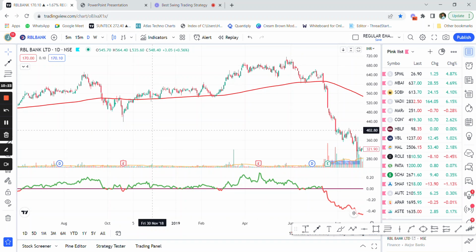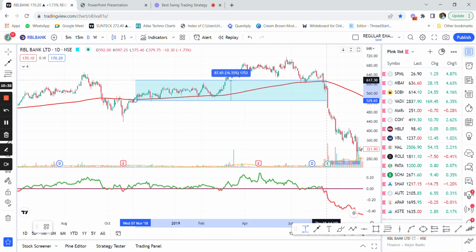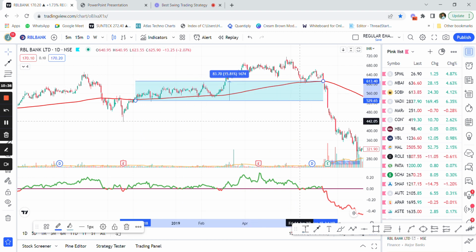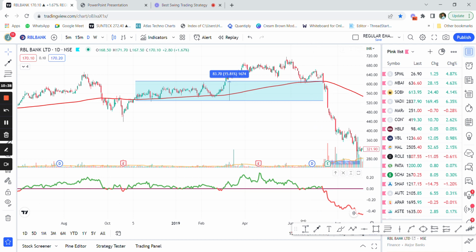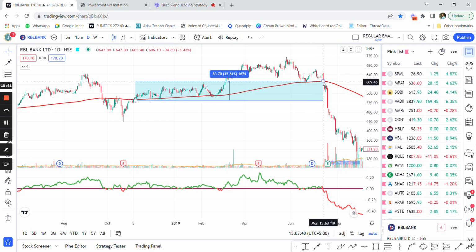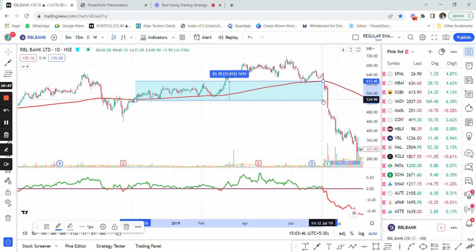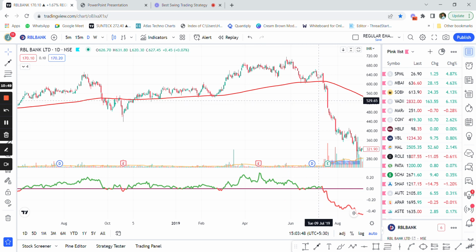So we clearly see that the stock turned green. The stock had closed above the 200-day EMA, and the relative strength turned positive. After that, the stock closed below the 200 EMA finally, and gave us a return of around 16% over a period of time, basically, right? So now here, as you know, you can keep a higher position sizing as well, because we are